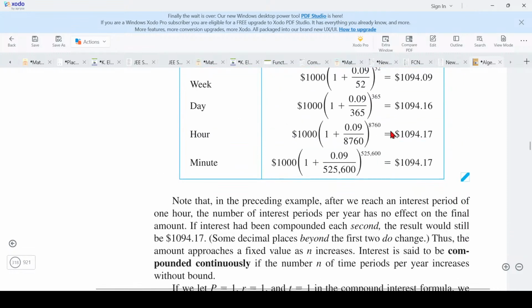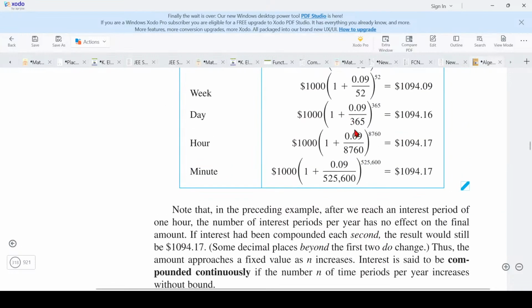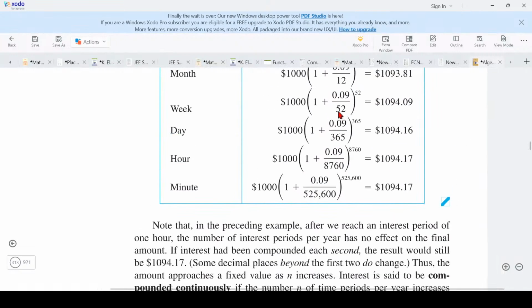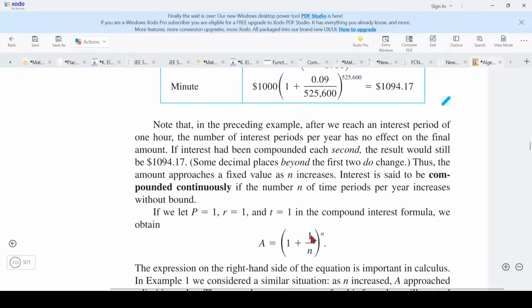So now let's take a general case. This is a general case: r equals 1 instead of 0.09. Let's take a general case. Here, the interest rate, let's say, is 1. And in time periods,